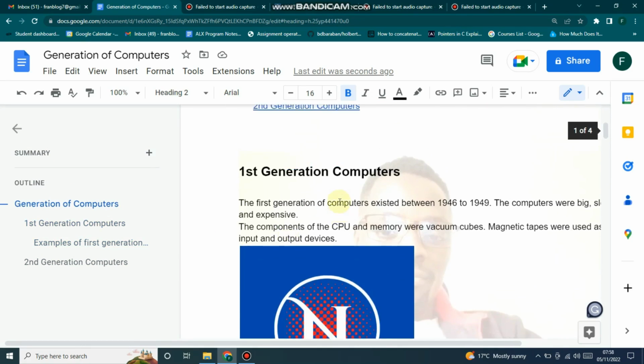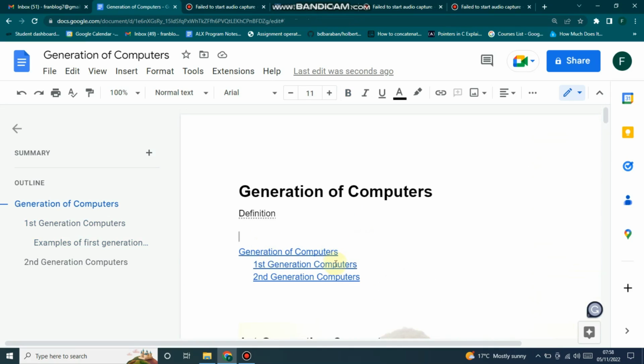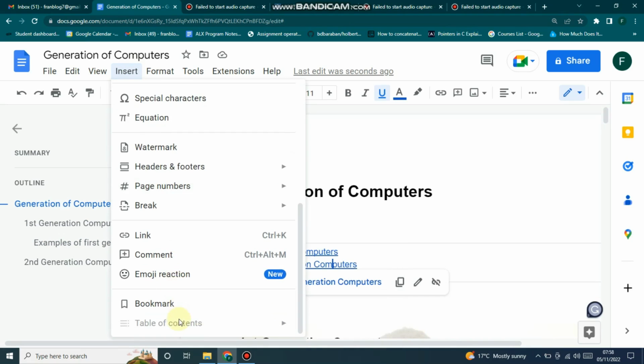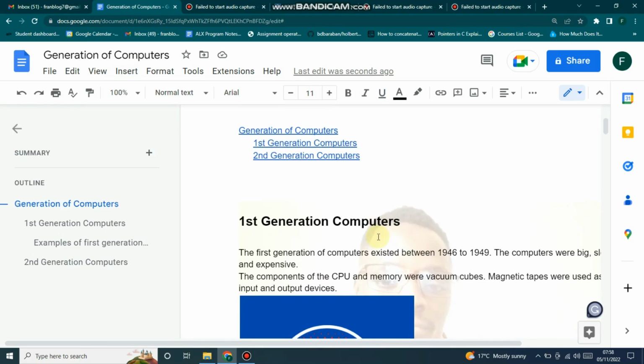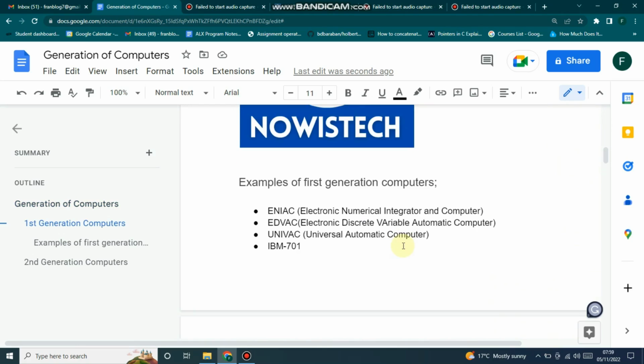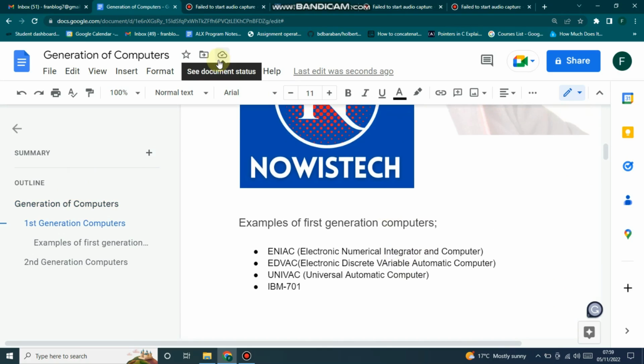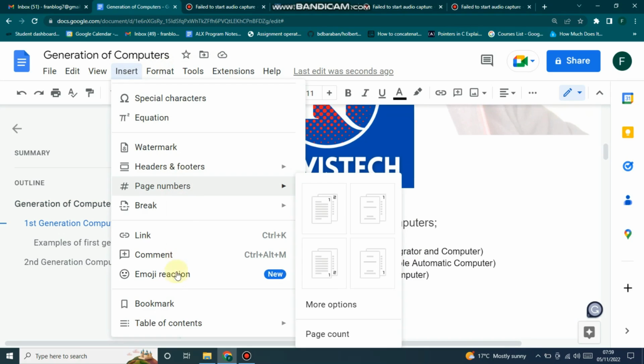So that's another thing that you can do using table of contents from the insert menu to organize your work, so somebody gets at least a clear view of what they're going to get from the piece that you are sharing with them. I think that's it for the